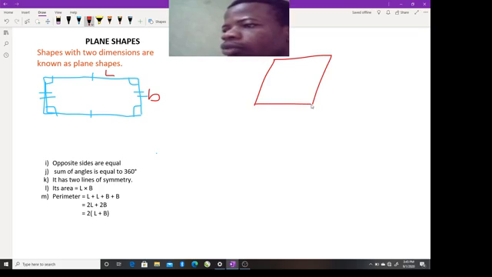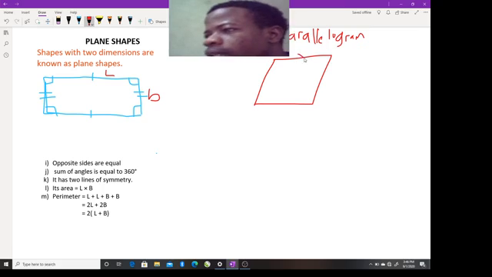Then I include this here. From the name, parallelogram. So this side is parallel to this side. Then this side